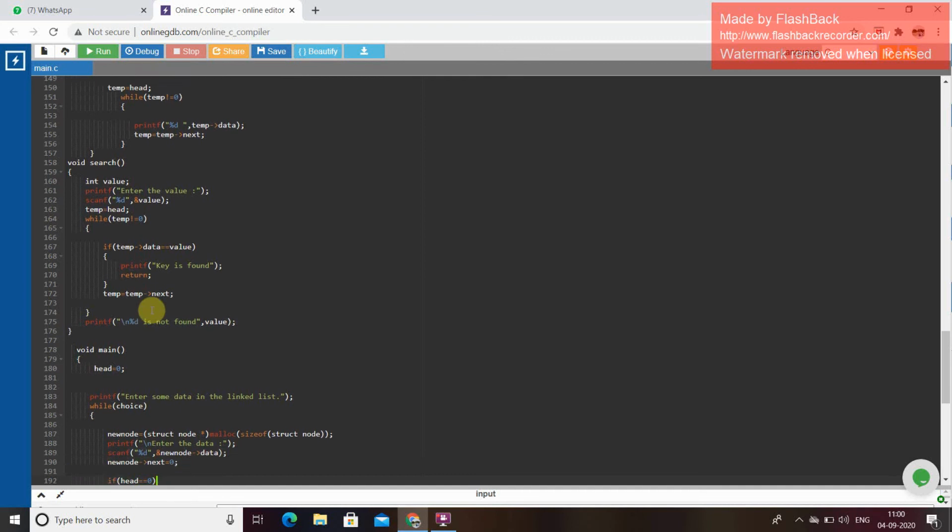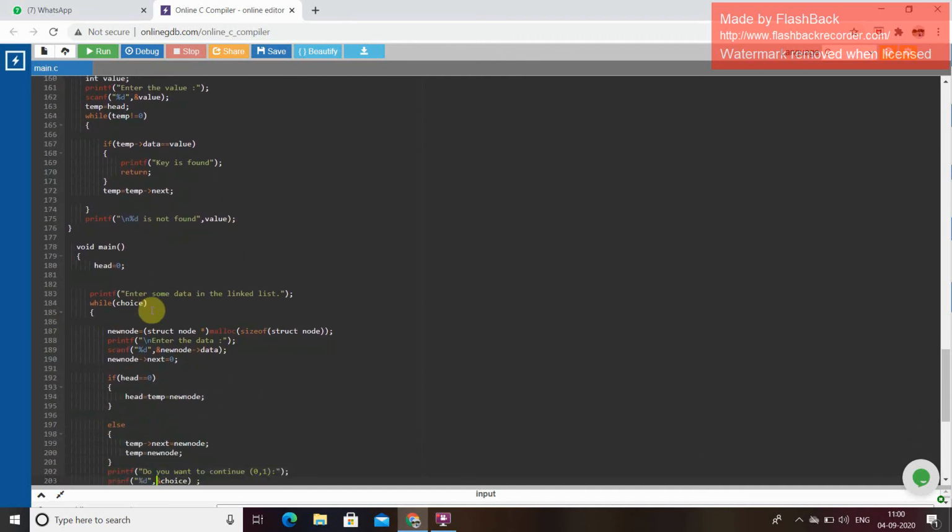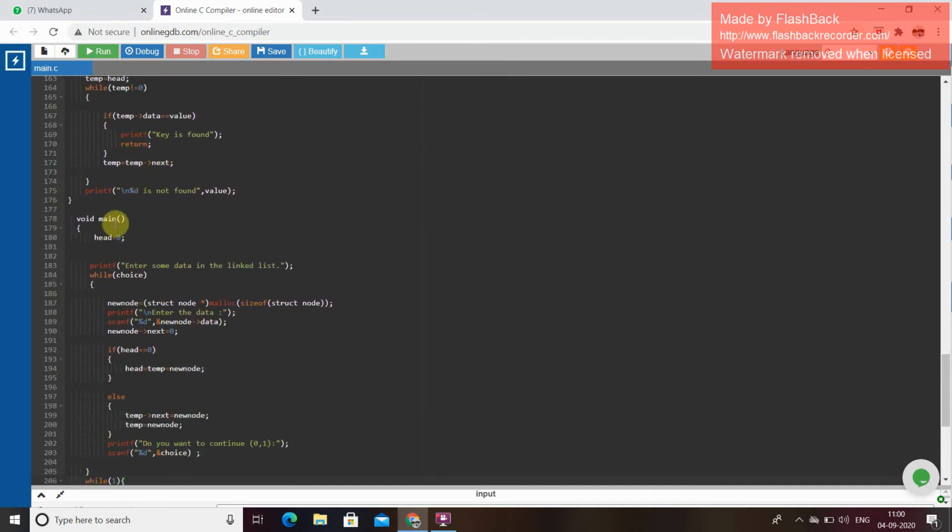Then we have to return. Again temp = temp->next. Then again we have to print "%d is not found", value.